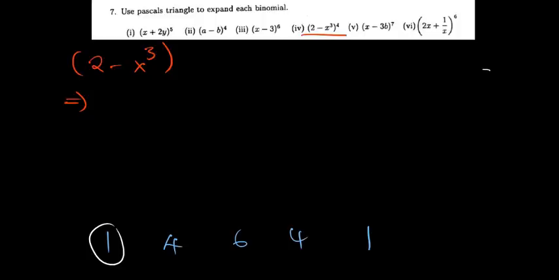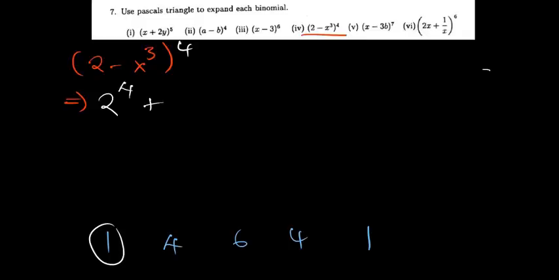But since it's small numbers, I can quickly do it. So we have 2 minus x cubed, to the power 4. For the fourth expansion, we had 1, 4, 6, 4, 1. So feel free to pause the video and try this one out. I hope you have. So for the first one, the coefficient is 1, no need of showing it. If I decide to start with 2 to the maximum power, which is of course 4, so 2 to the power 4